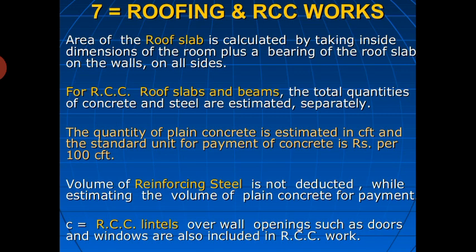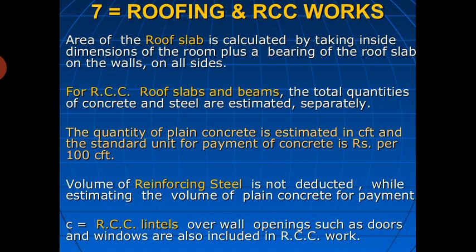Then roofing and RCC works. The area of the roof slab is calculated by taking the inside dimensions of the room plus the bearing of the roof slab on the walls on all sides. For RCC slabs and beams, the total quantity of concrete and steel are estimated separately. Of course, you have to make them separate, and do it for the steel and the concrete. For steel, how much steel you have used per ton capacity. The total quantity of plain concrete is estimated in cubic feet,